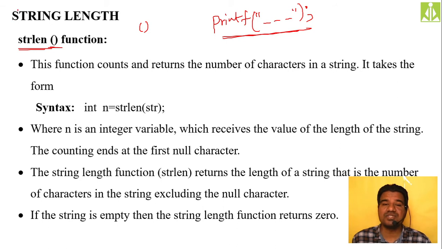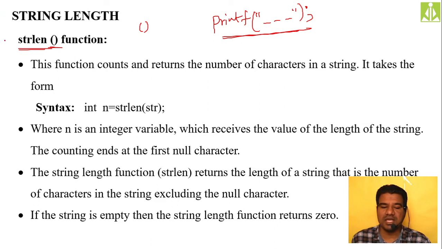Because in every string the last character is the null character, the delimiter. So strlen counts only the characters, not the delimiter.